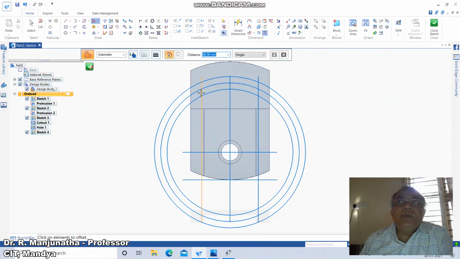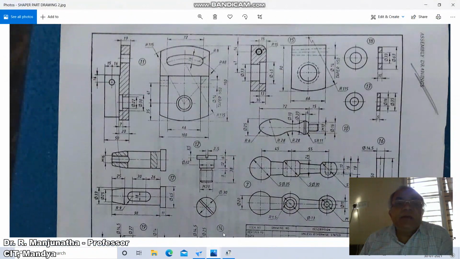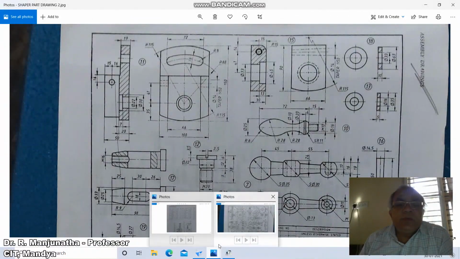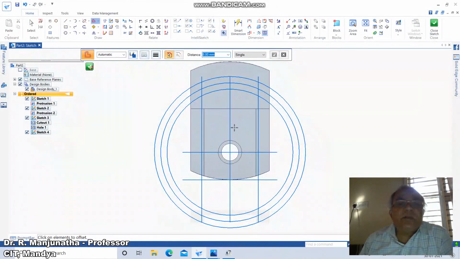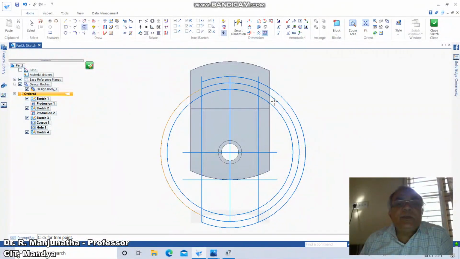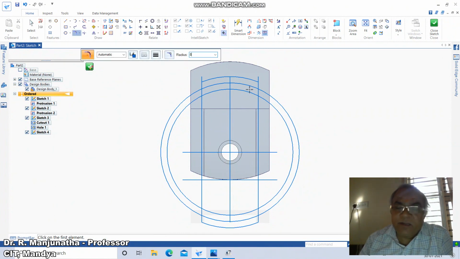And then go to circle. Then go to offset. Take the distance as radius 8. So we need to do this. So here there is one option. We can take trim between these two and trim between these two, and then go to fillet, and you take the radius as 8. One portion between these two as 8.